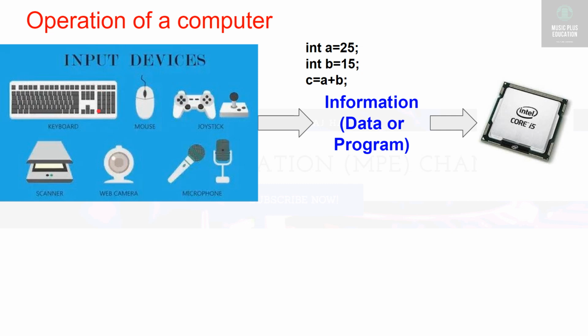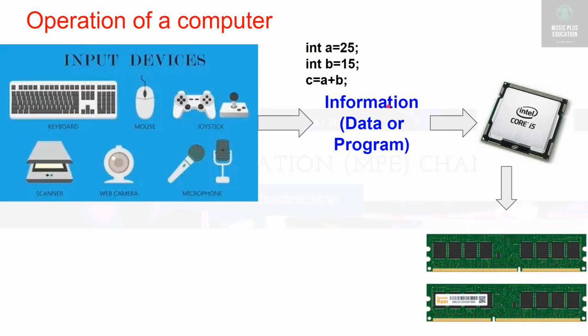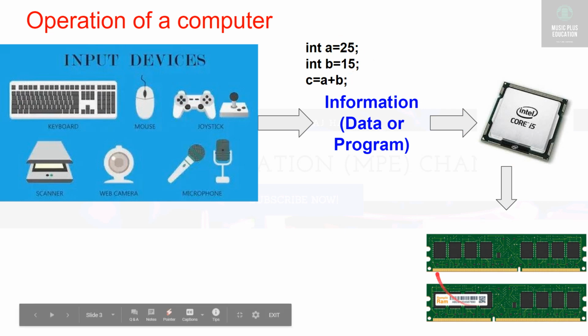Now what will happen? The processor fetches the data from the buffer registers. It now has the program as well as the data. The processor fetches that data and converts it into binary, that is machine language, the object program, and stores it in the memory. It will not directly execute the program. First the processor fetches these three instructions and stores them in the main memory. This is random access memory.